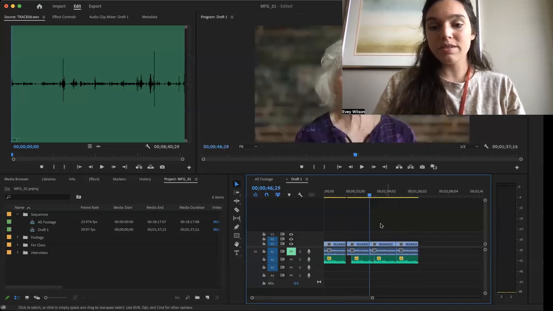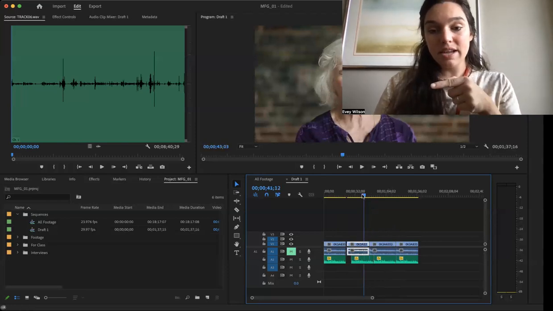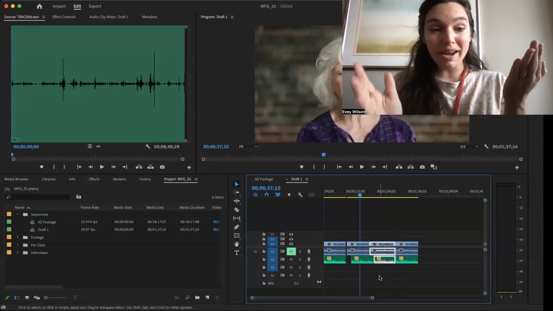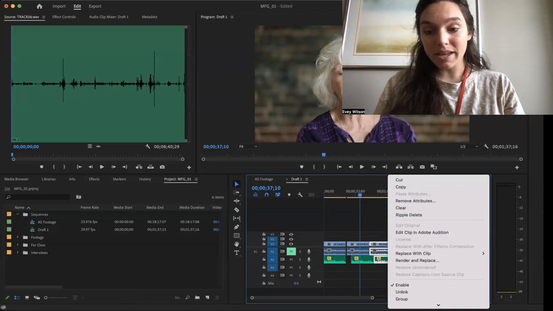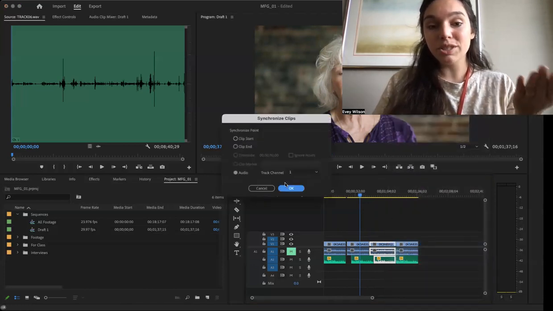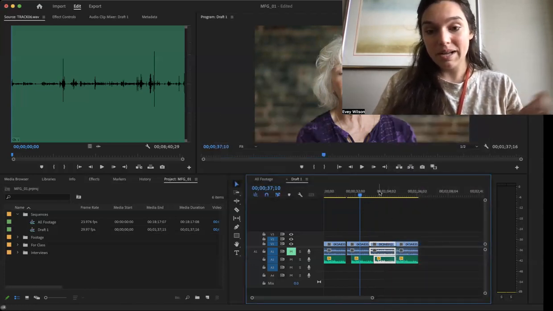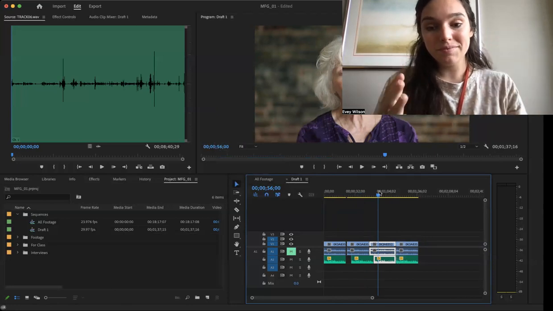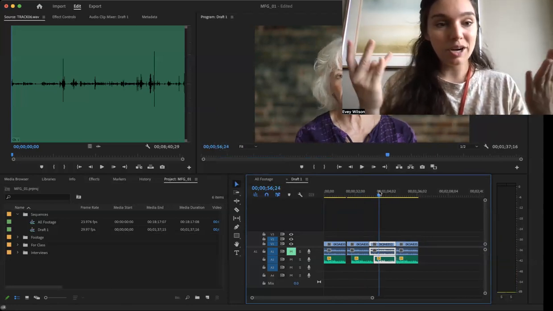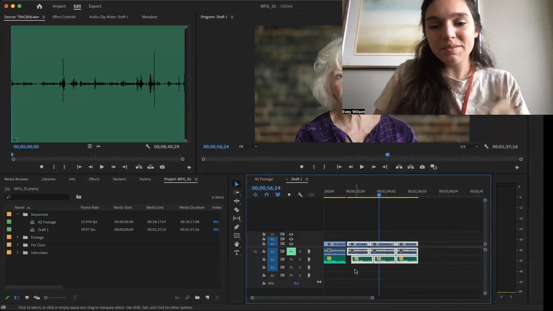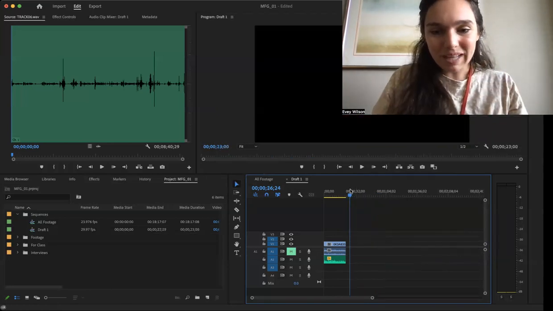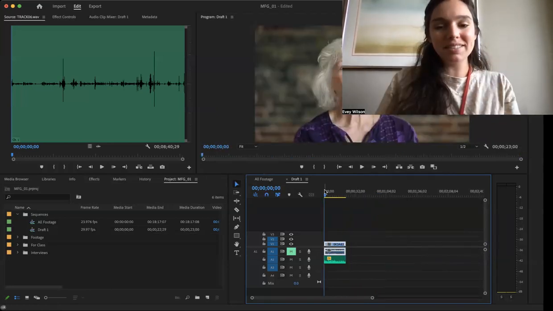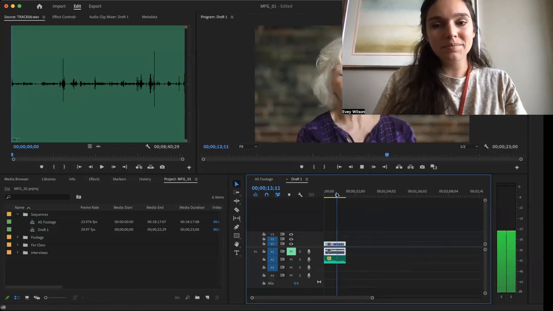So for example, if I'm trying to sync these, there's stuff to the left and to the right of it. So if I were to go to sync it, it wouldn't be able to do anything. It wouldn't move. I think you might run into that problem. Once you have it synced and you're feeling good about it,